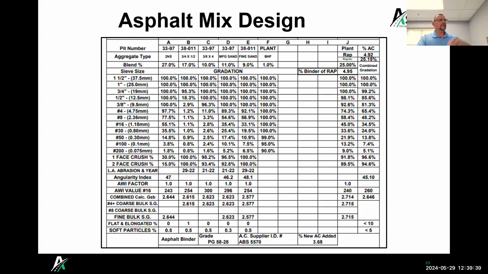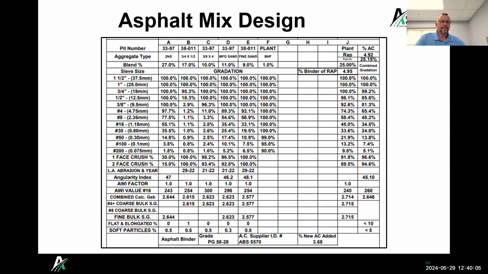A lot of the stuff that MDOT certifies, they have the certified supplier lists and different things like that. Those are things that they've tested and have used over time, so they kind of have a history of it as well. Because some of these numbers change over time, like AWI values and LA abrasion numbers. Those can change over time as you get into different veins of the aggregates and the pit itself and things like that.